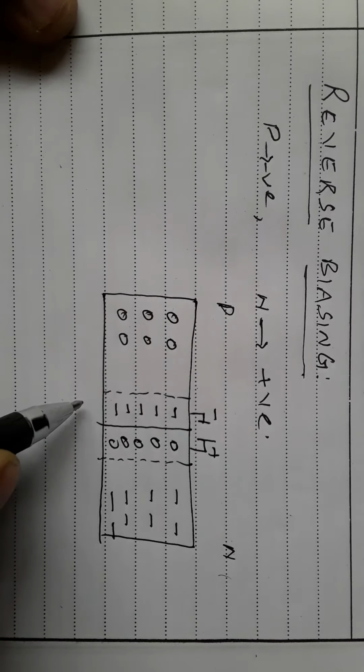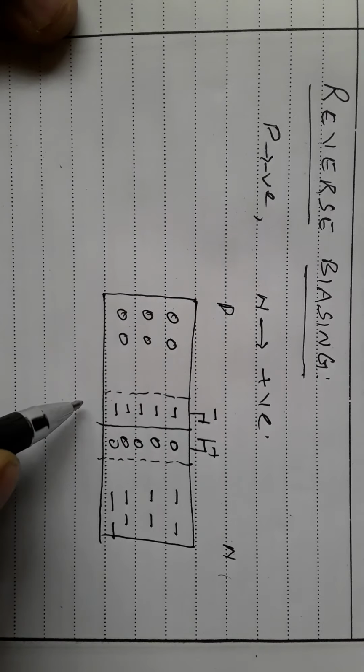Here, this is the negative of the barrier potential and this is the negative of the applied voltage. So it is connected in a parallel combination. So the effective barrier potential is equal to VB plus V. So here the effective barrier potential increases, so we can take this as VB plus V. Effective barrier potential increases.